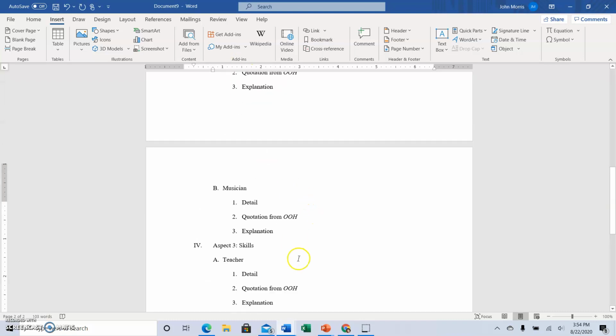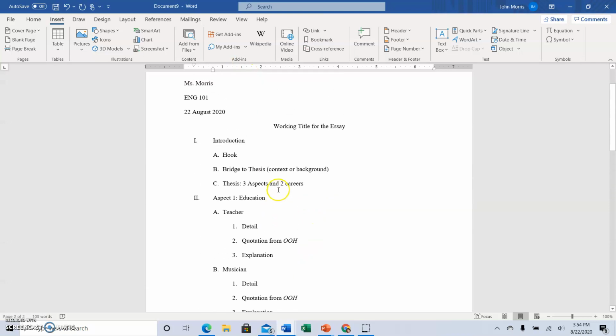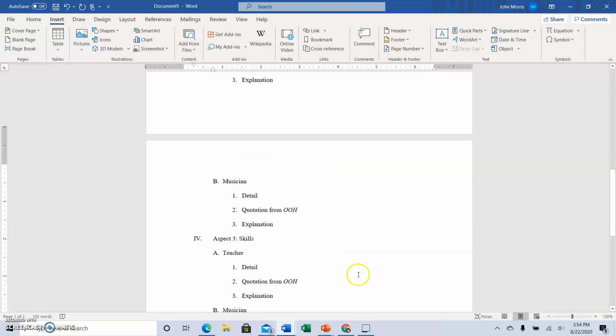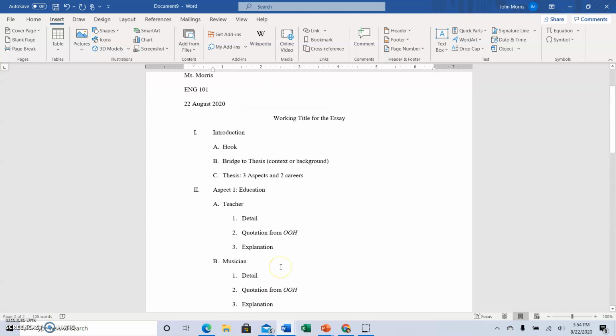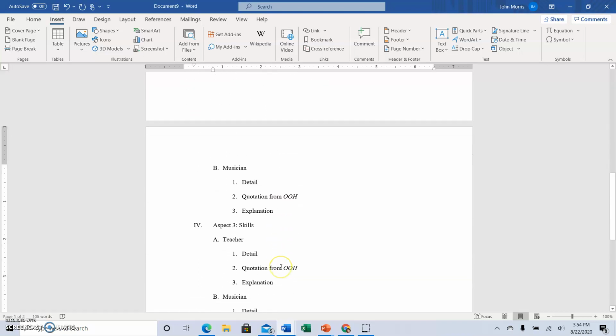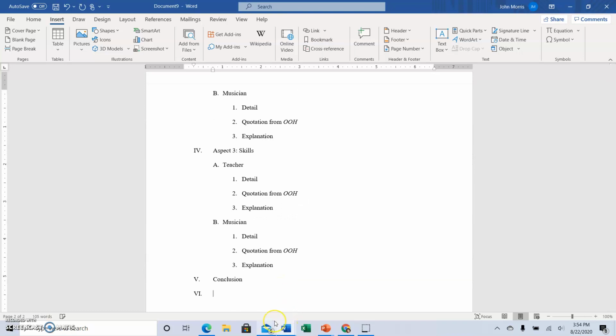And again, you're not going to copy and paste this. You're going to write full sentences for each of these things. Then finally, you're going to have the conclusion. Oops. Without saying the words in conclusion. I'm just putting the word conclusion there to remind you that's what goes there. And like with the introduction, I'm going to leave just the word conclusion there